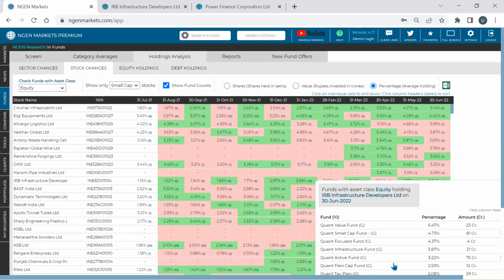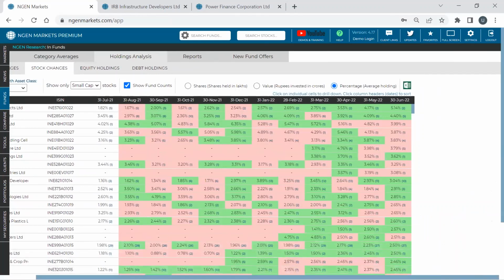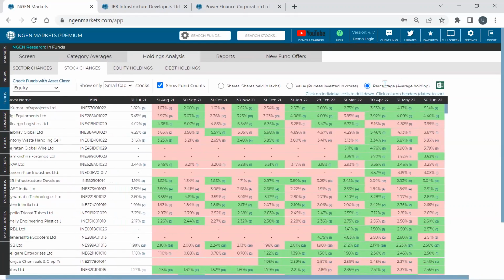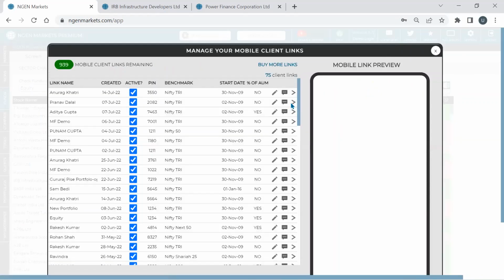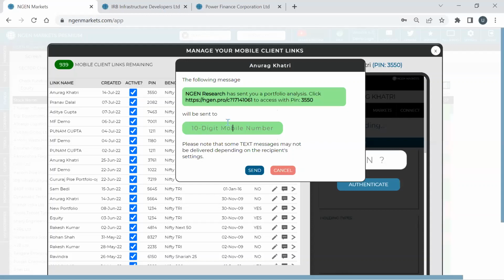There is one more important thing, which is that we recommend you use our mobile link. The mobile-based link is given here for the client links, and it is useful because you can send multiple sets of portfolios directly from here. You don't have to share it via any medium like email or anything. All you have to do is just copy this, click on it, and type in the number of the client, and it will easily be shareable to the client.